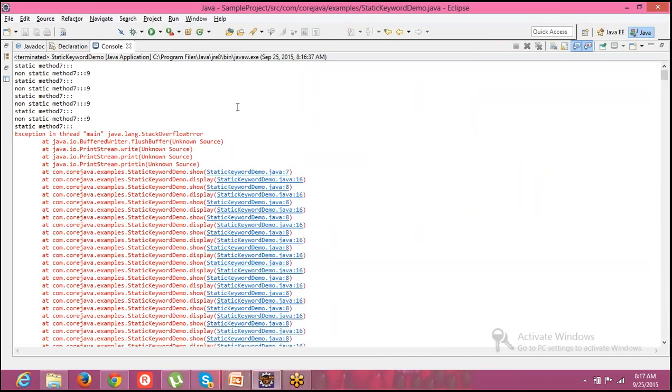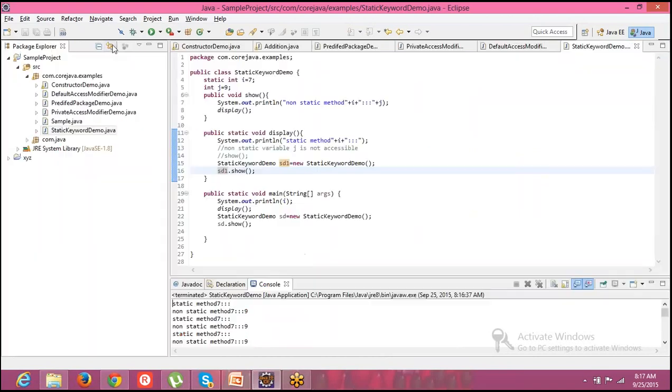Static method 7. So this is something like it is being executed indefinite times. The reason being, if you look at this program, this is not a good program, I can say. But actually I had to make sure everything is covered in this program. So that's the reason why I had to write a program like this. Why I am saying it is not a good program is that there is no order over here. Agreed?